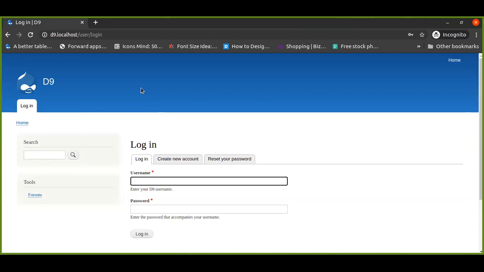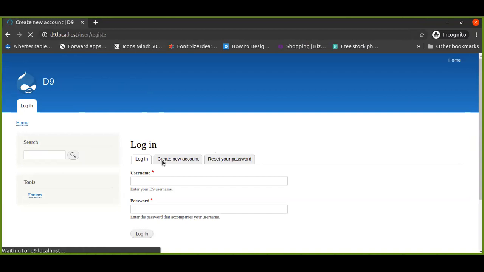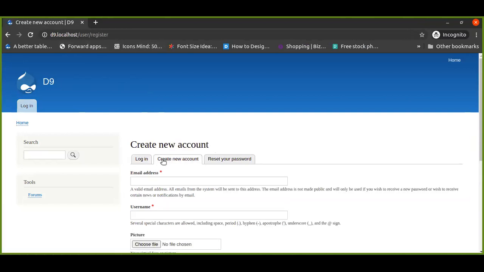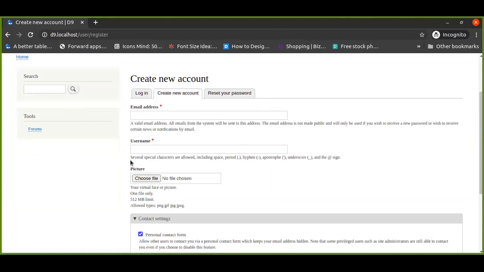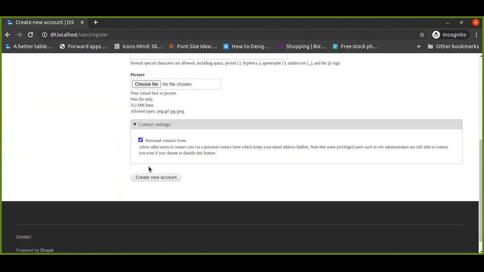I have opened d9.localhost/user/login. Here we have the user account registration part. So when a user comes in, they can create an account themselves through this form. Otherwise, as an admin, you can navigate to People and Add user.